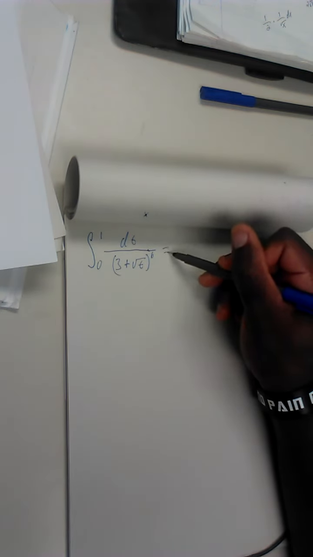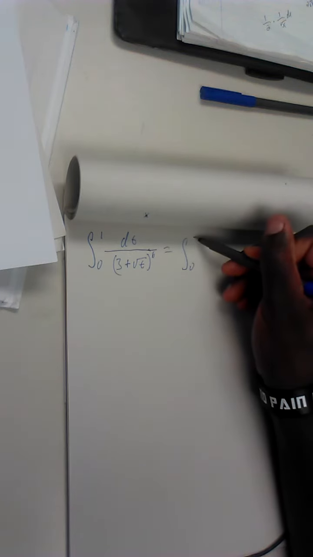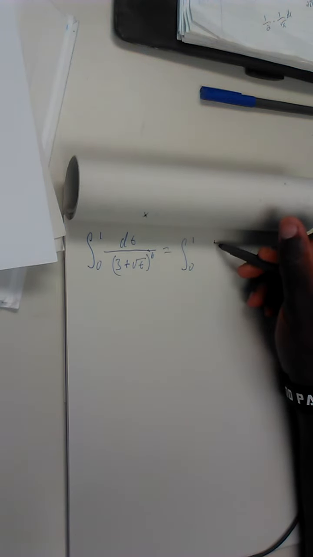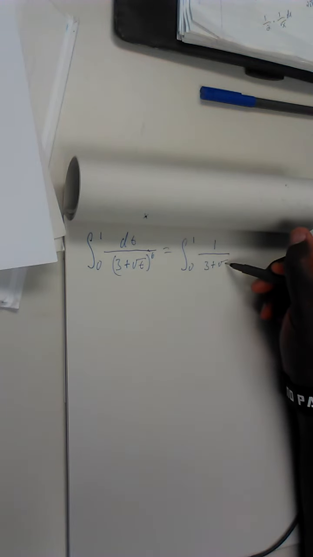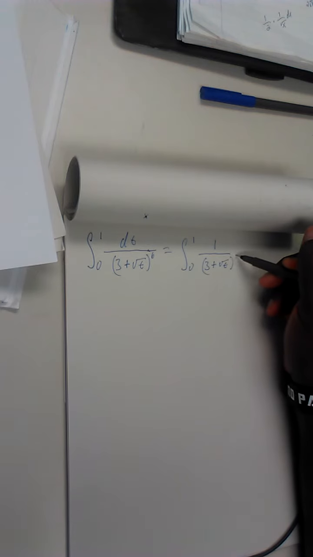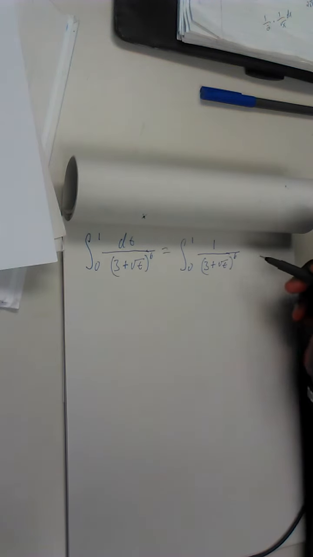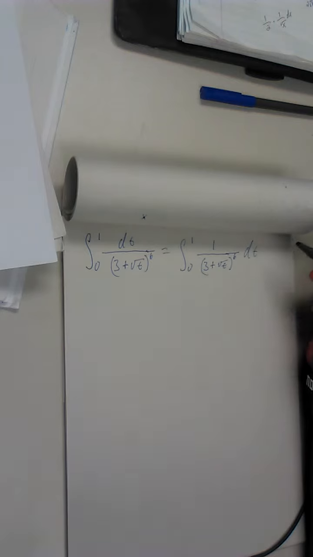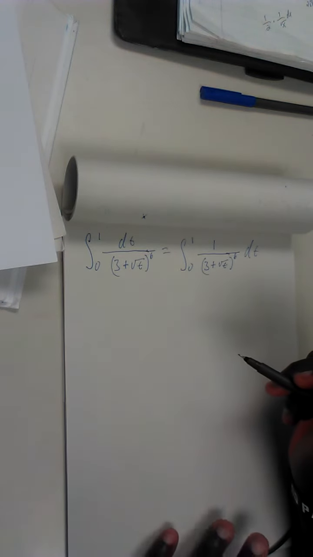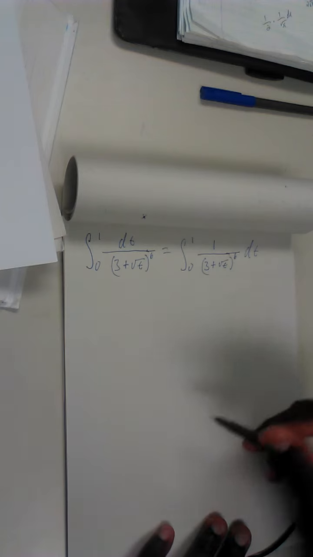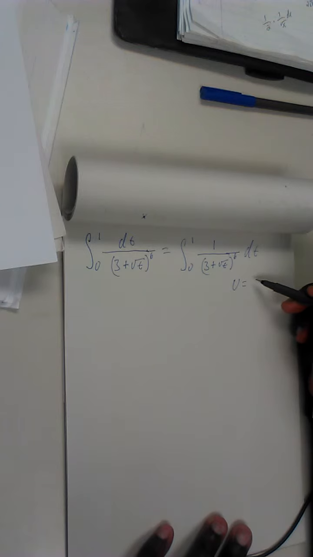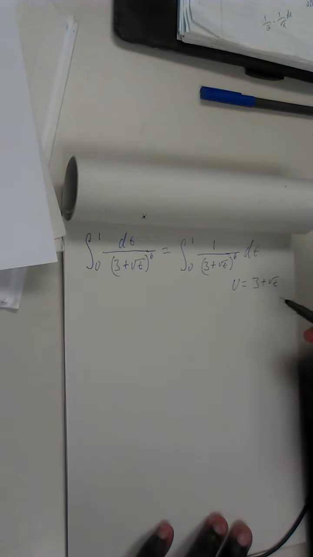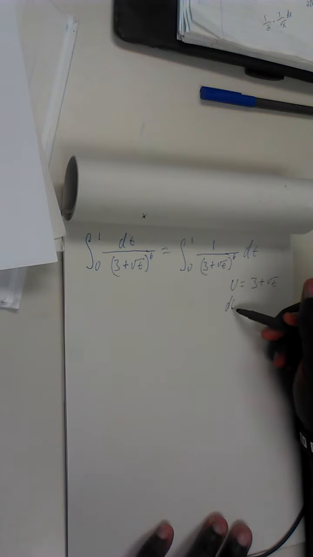And remember, this equals the integral from 0 to 1 of 1 over 3 plus radical t to the 6th dt, right? So now let's go ahead and set our u's. So we'll just say u is equal to 3 plus radical t. So in this case, du is going to equal